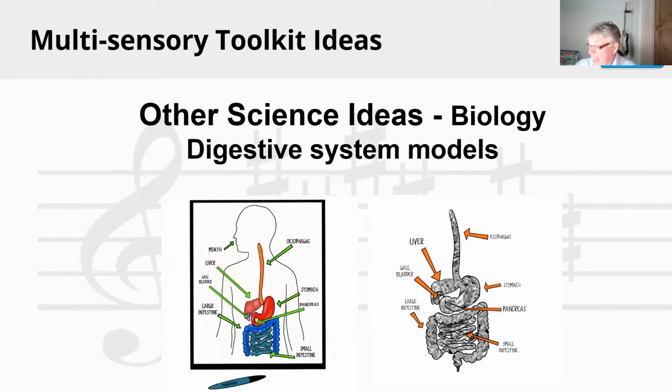Here we've used Play-Doh for the digestive system, and then we use a big whiteboard, and then the students label it round with marker pens and things like that. The example on the right is from a girl called Charlotte, who actually taught at home. I didn't have Play-Doh at home at the time, so we used tin foil, and she modelled the digestive system